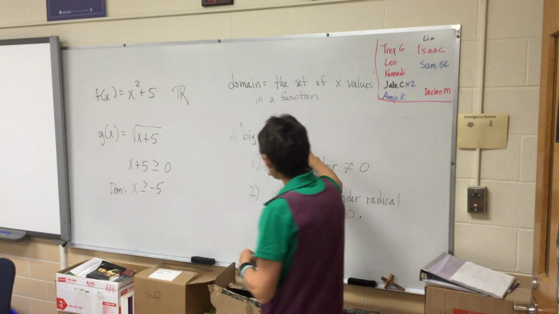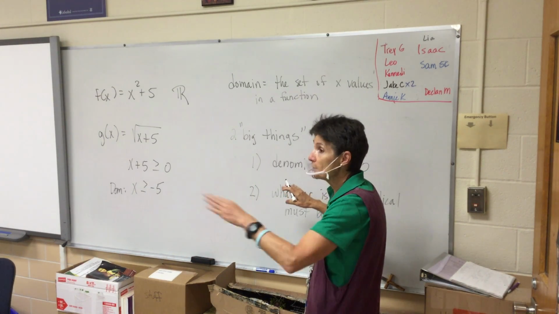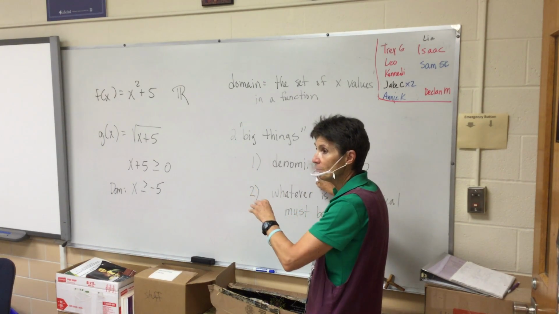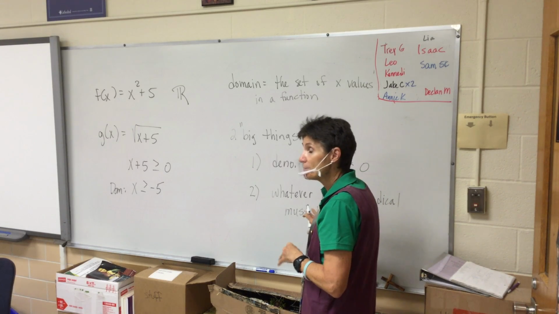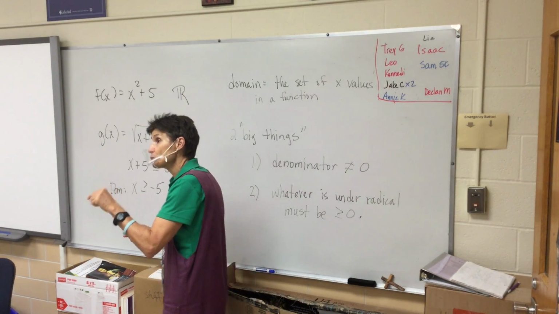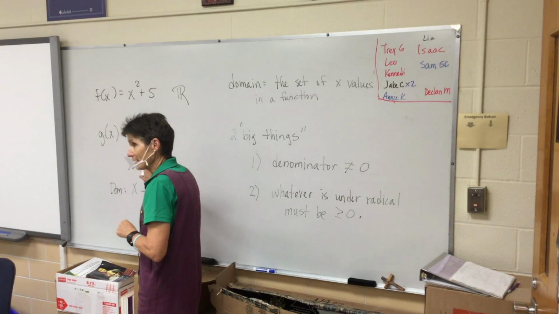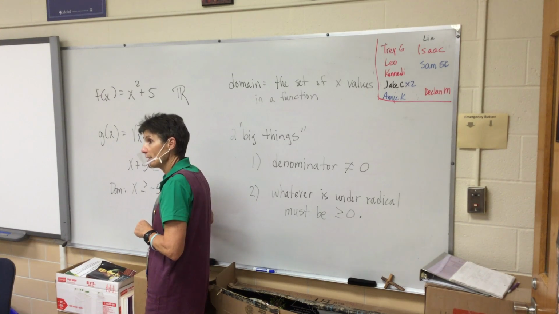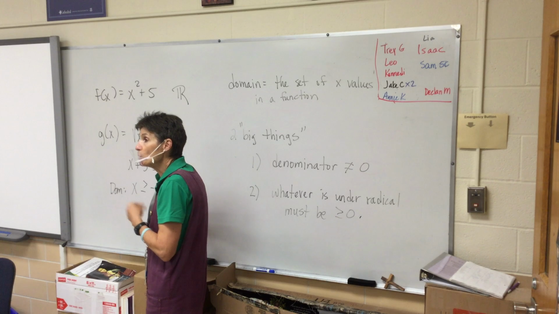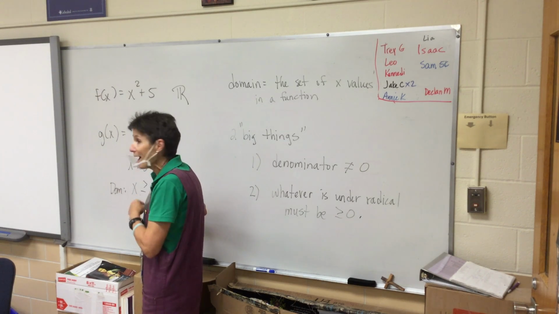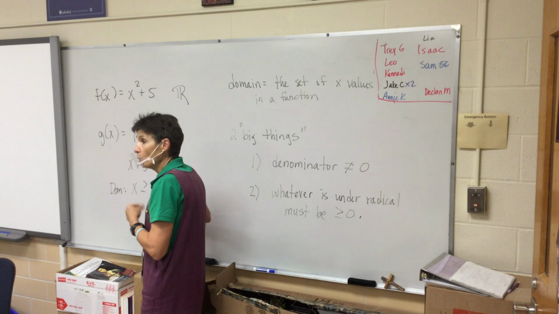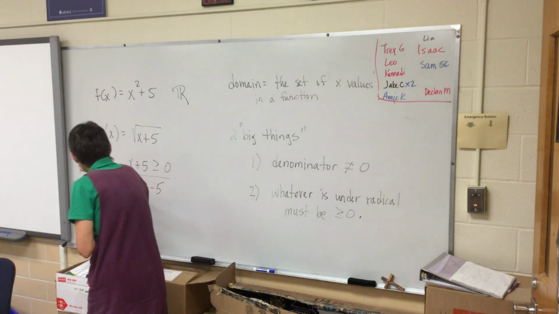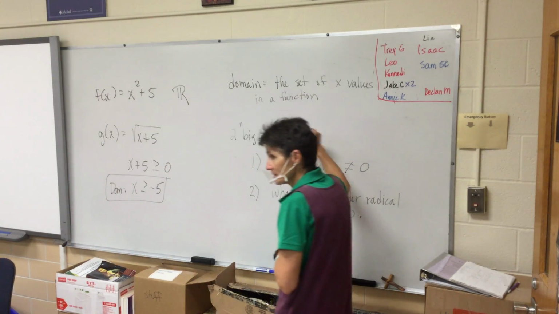So when you're figuring out the domain, there are two considerations that you have. One involves a denominator, which we don't have in this problem, and the other involves a radical. If you have a radical, then to find your domain, whatever is under the radical, set it greater than or equal to 0 and solve. And that becomes your domain. So if we were going to graph this thing, these are the only x's that we would be allowed to use. So that's the domain. It's that easy. So if you can remember these things right here,